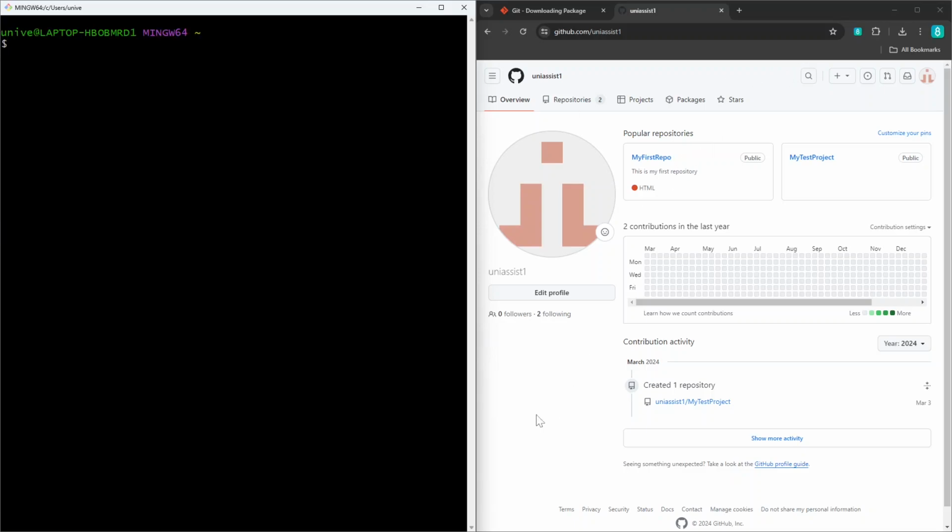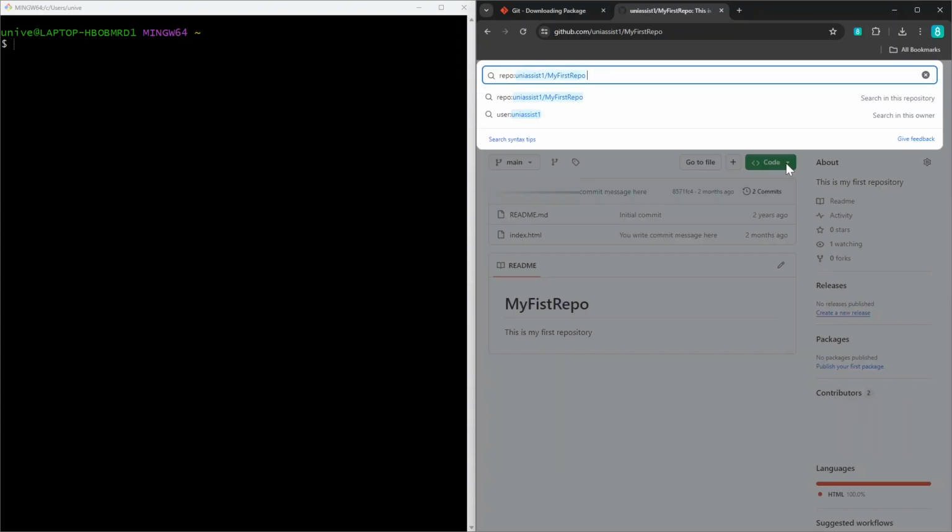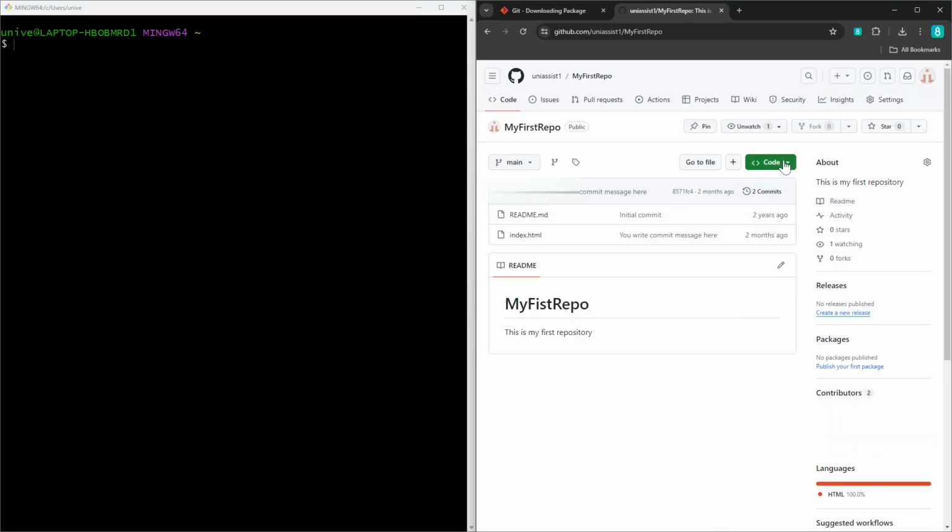Okay, so let's go back to whichever remote repository service you are using. In my case it is GitHub. So I already have one project created. So what we'll do, we will go into that existing repository, and over there you will see something called code. So if we click on code